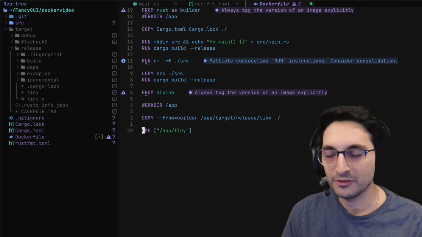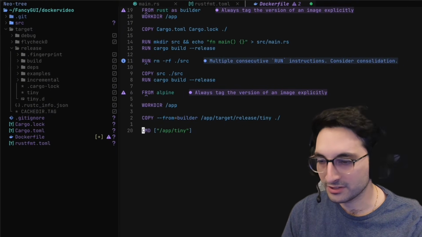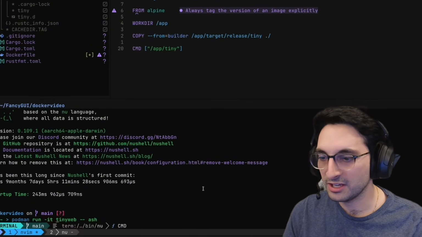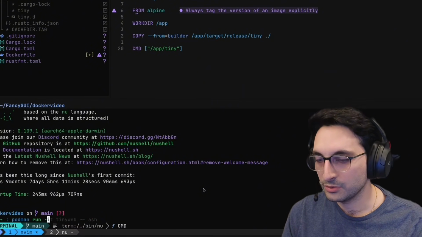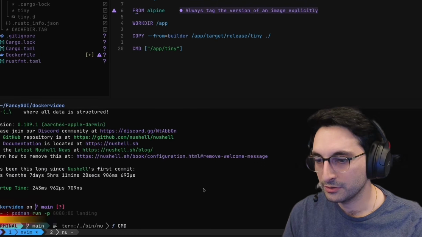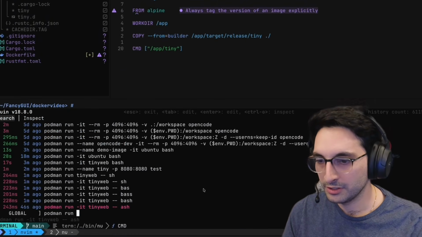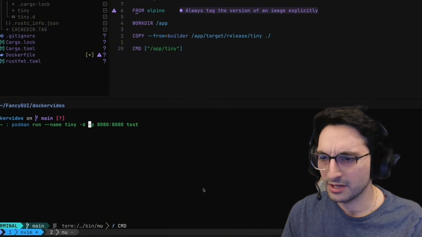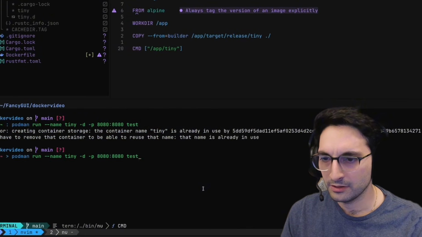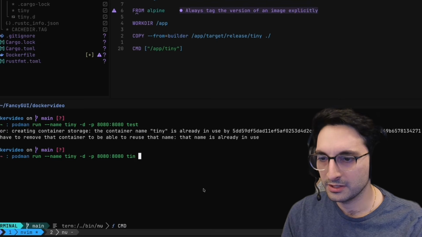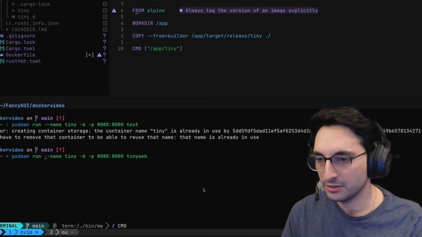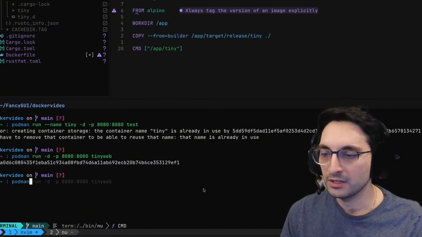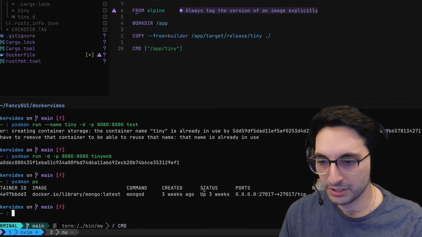So right now, if you check the runtime process of this, let's do this in podman run, just the same tiny app here, but let's do a port forward here. Sorry, podman run tiny web here. But instead, I'm going to just detach those because it doesn't matter. And now if you go podman ps, we have it running here,